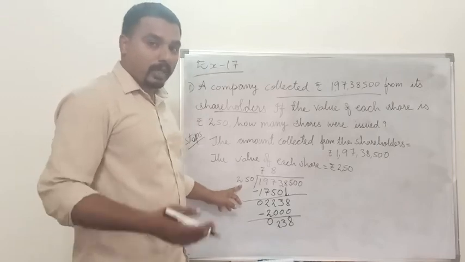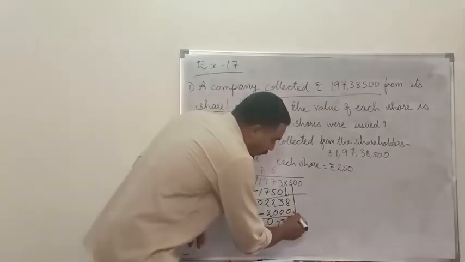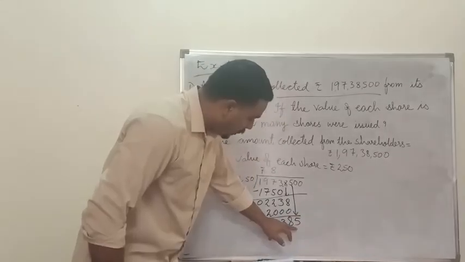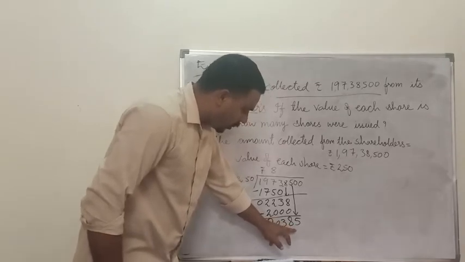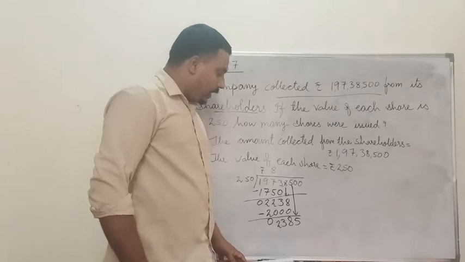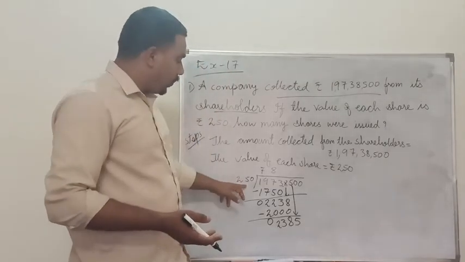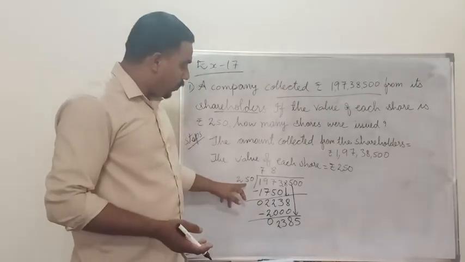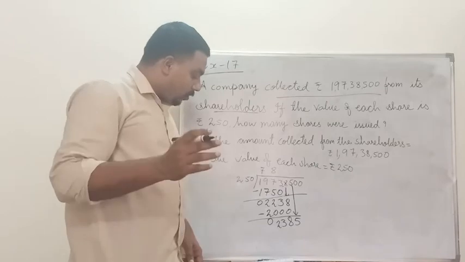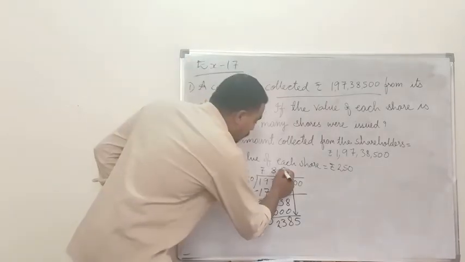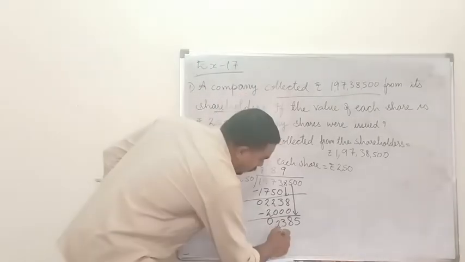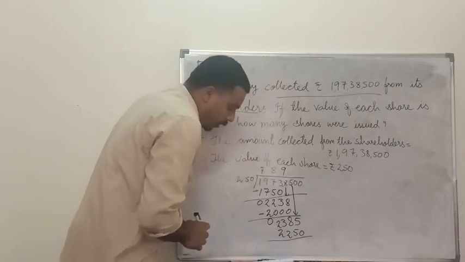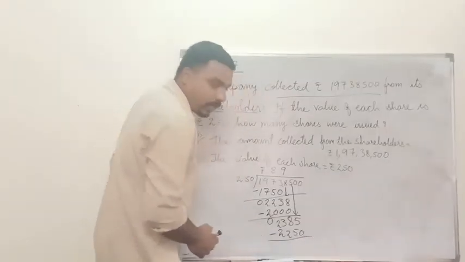So what we have to do? Usually how are we doing? Taking the number from the top. So it is 2385. What will be the next one? So we can take one more. 250 into 8 is equal to 2000, is it or not? If you take 250 into 9, how much? 250 more. That means 250 into 9 is equal to 2250. Okay.